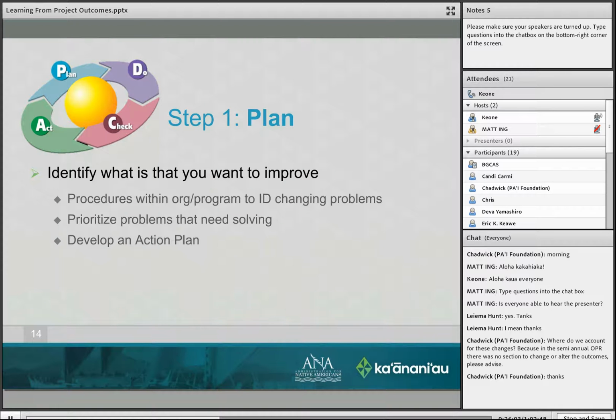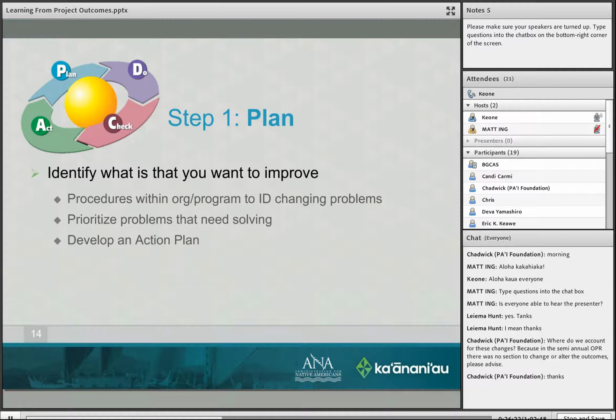Sometimes this identification process can be fairly long, and sometimes you might choose something totally different than what is the reality, but it is important that you identify what you want to improve.